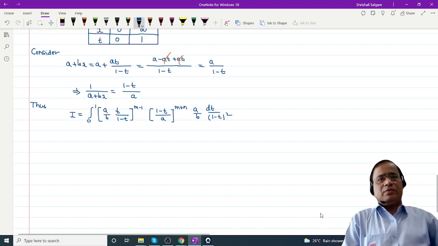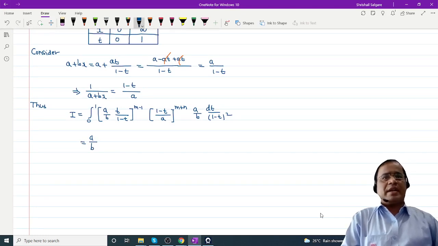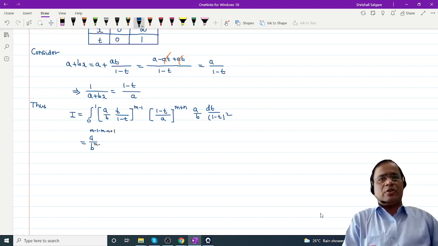Now I will scroll, only I have to simplify. From this integral a divided by b I will take outside. Now I will write the effective power. A is in the numerator, that's why m minus 1. Now a is in the denominator, you have to change the sign, minus m minus n. A is in the numerator, plus 1. Now b is in the denominator and I am writing in the denominator only m minus 1 and here plus 1. Only 2 terms. And the remaining integral is 0 to 1.